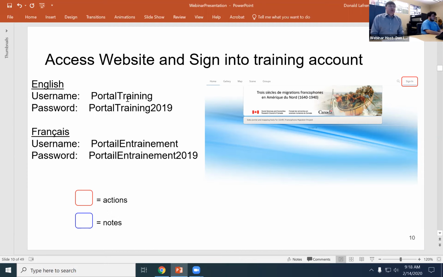So if you'd like to use the portal in English, use the username and password you see on your screen at the top here. If you'd like to use the portal en français, use the username and password that we have here below. Okay. So I'll just wait one moment to let everyone have a moment to get logged in